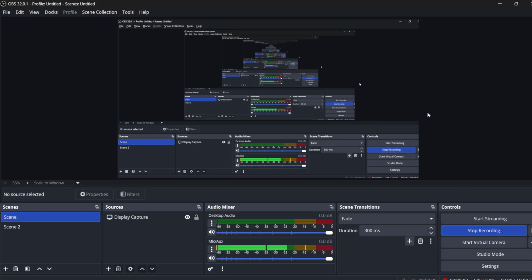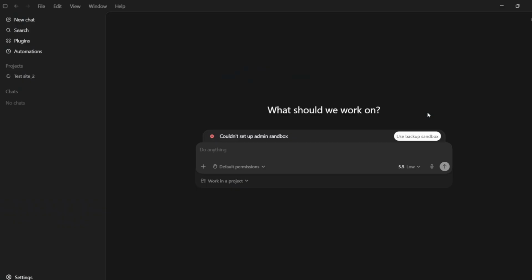Hey guys, welcome to yet another video, and in this video we will be diving deep into the appearance settings of your Codex desktop. While appearance settings does not sound like much fun or very technical, or